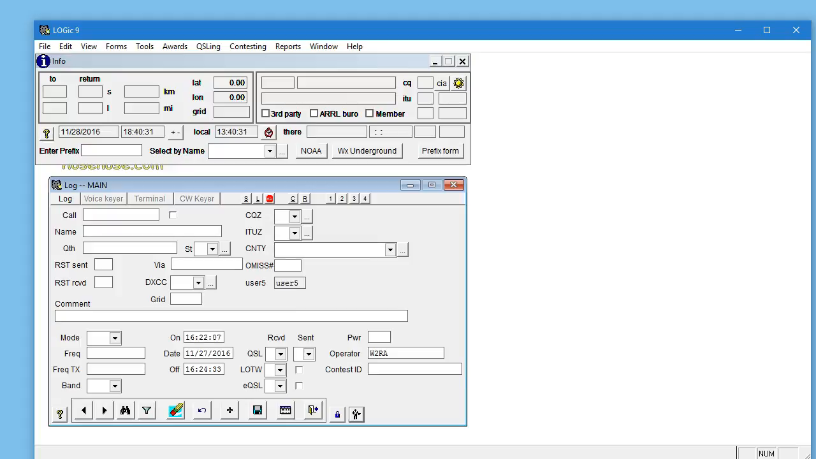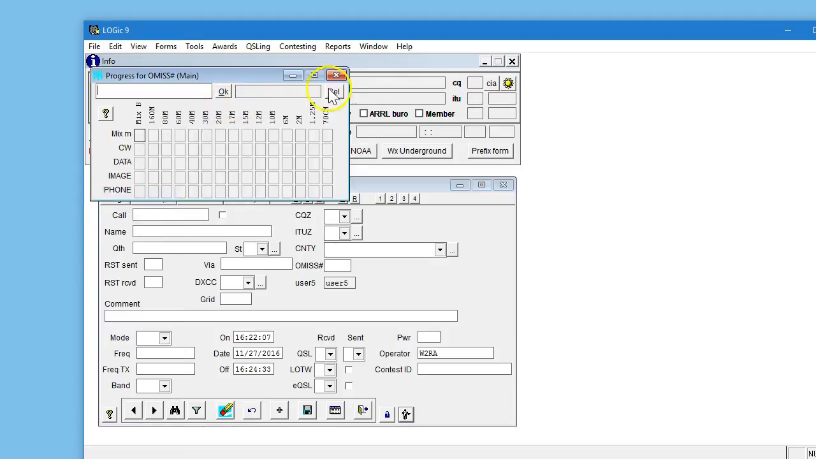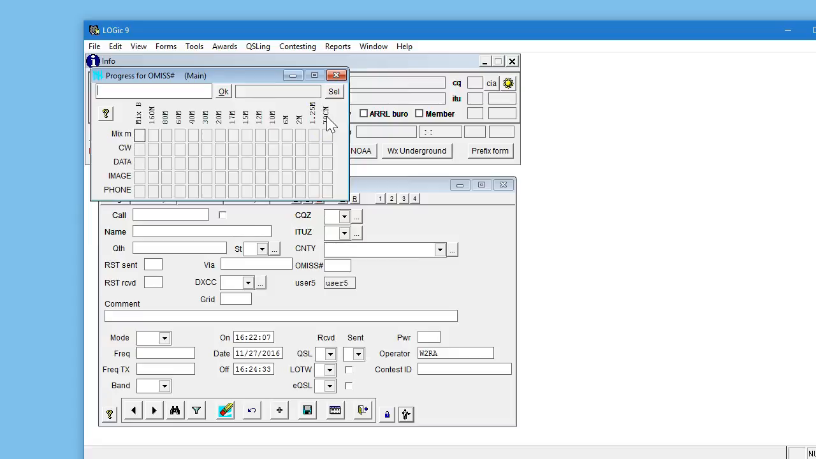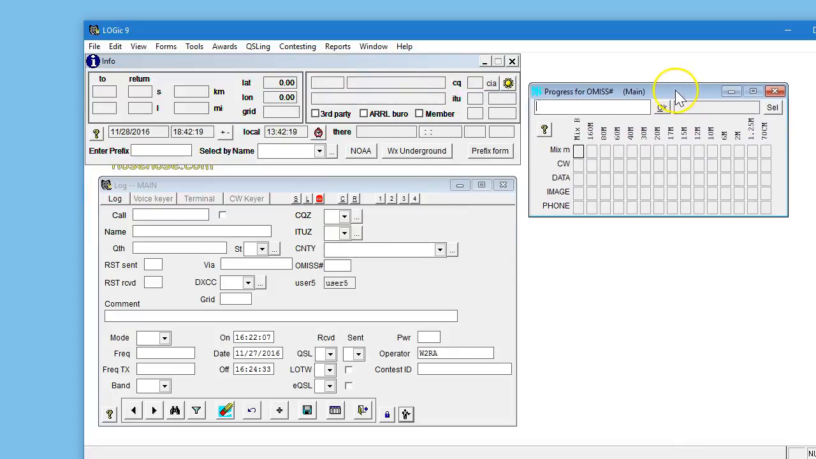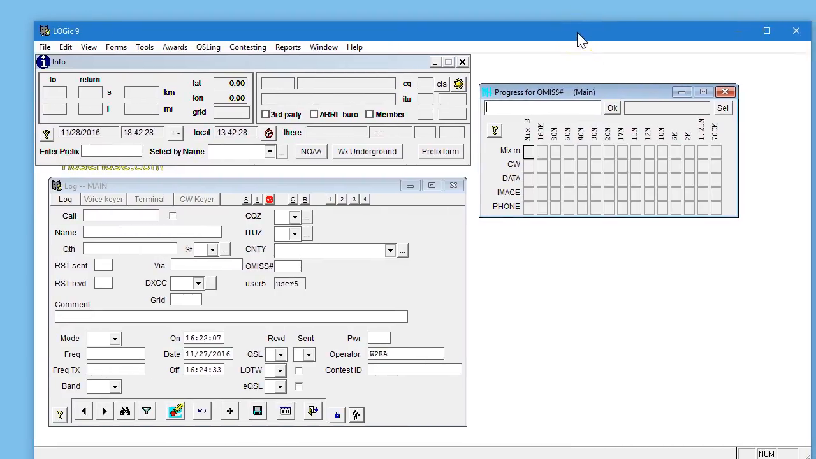We could start logging Ole Miss numbers now and it would keep track. So we could do progress checking on that. Progress 1, select Ole Miss. Okay, now we work somebody. If we log an Ole Miss number, it'll tell me if they've been worked before. What it's not going to do yet, or what we haven't set up, is the ability to automatically log an Ole Miss number. So I'm going to go to Tools and Setup